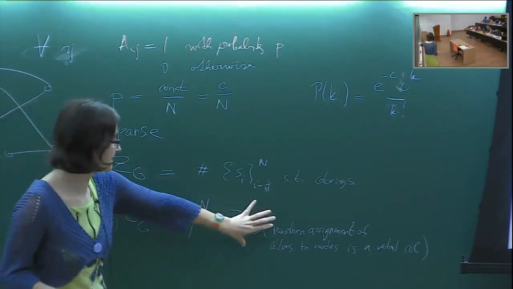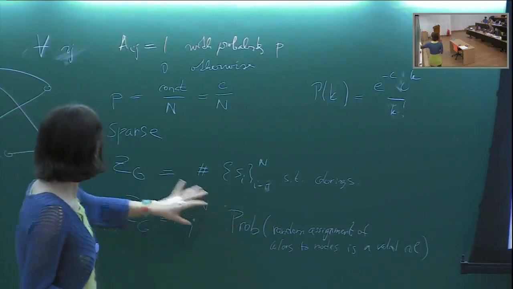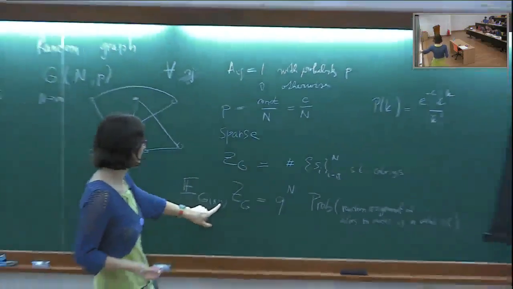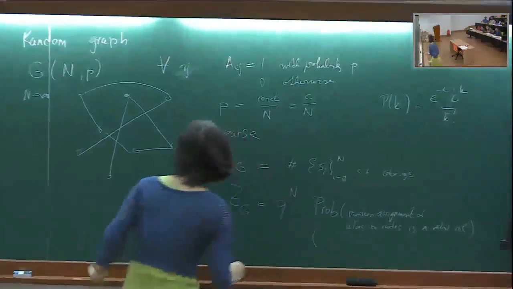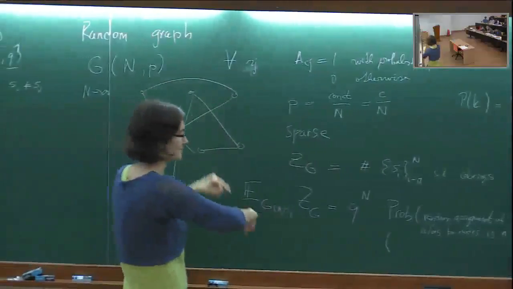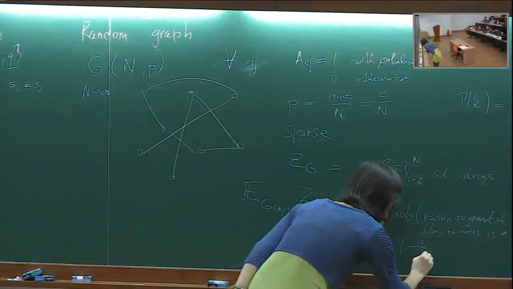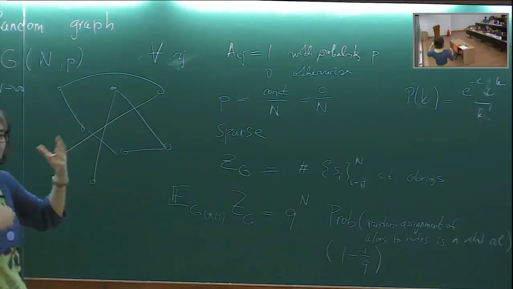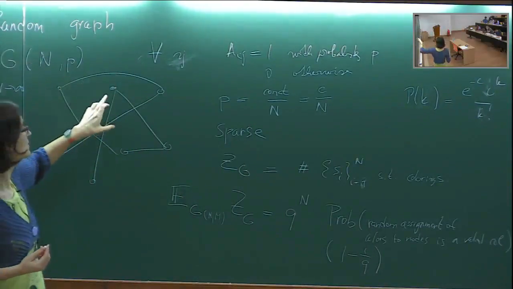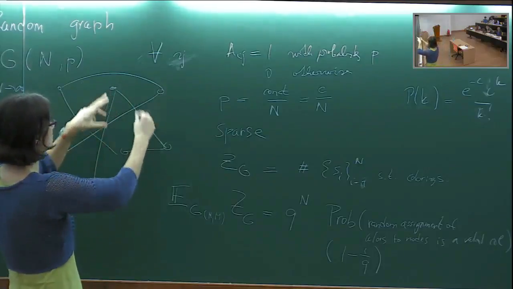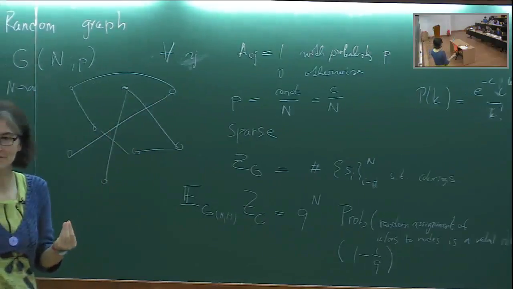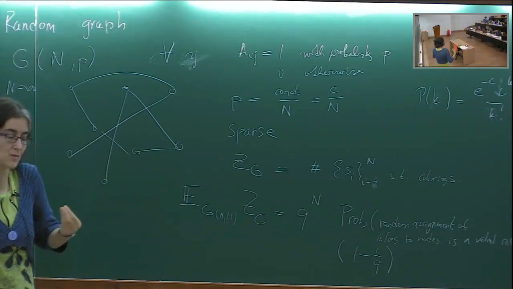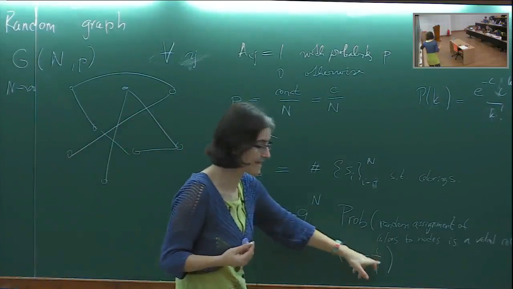And now this thing is easy to compute because we are putting the edges in independently, right? And we have m edges. For each of these edges, the probability that we put it between two nodes that have different colors is simply 1 minus 1 over q. Because if I randomly throw in q colors on the nodes, then the probability that if I choose a pair randomly, they have the same color is just 1 over q. And I want the probability that they do not have the same color, so that's 1 minus 1 over q.